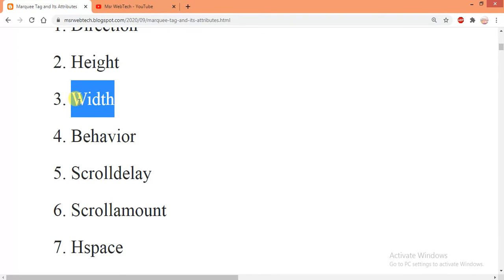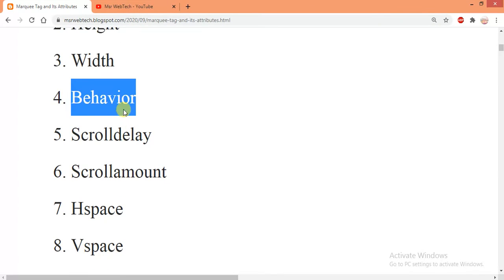It is used to define how much of your marquee content will be occupied in the overall web page. Say for example, this is the overall web page. By using this width attribute, you can define the text within particular parameters only.